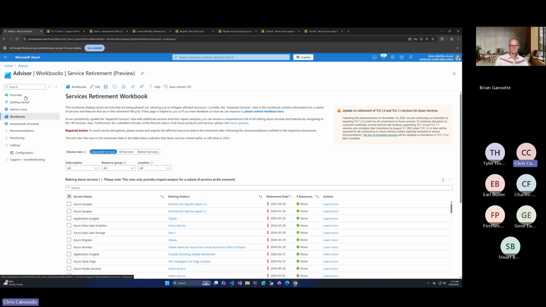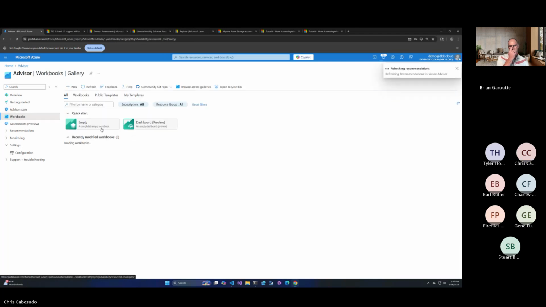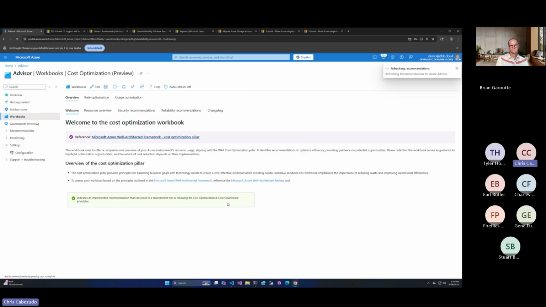Now let's jump into the last one. And this is my cost optimization. So when it comes to FinOps, this will be your best friend. This workbook was actually developed by many Azure architects alongside the FinOps Foundation